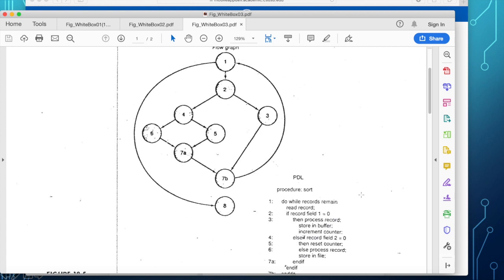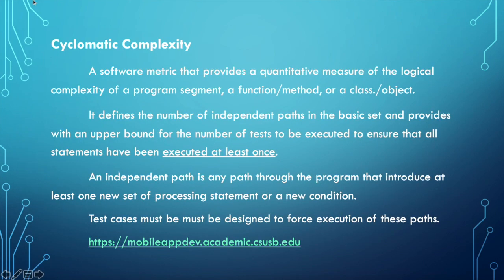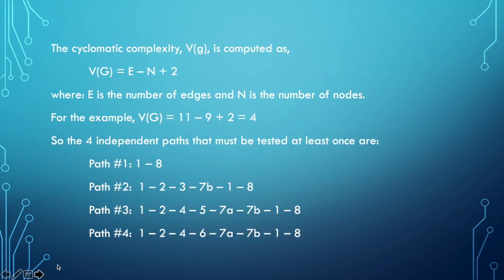So in the cyclomatic count, you have an idea of what test cases to try in order to test the program. So you'll see that it's a very simple